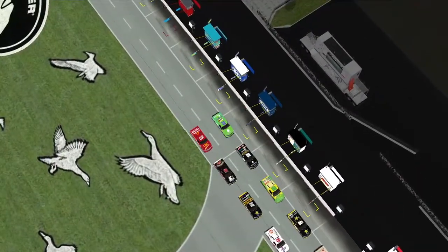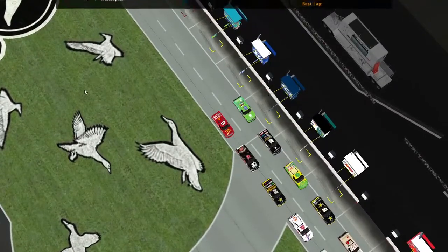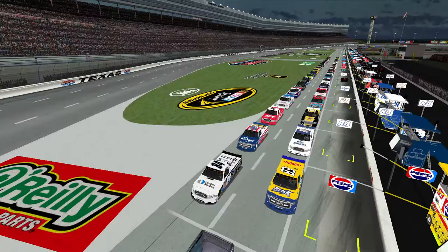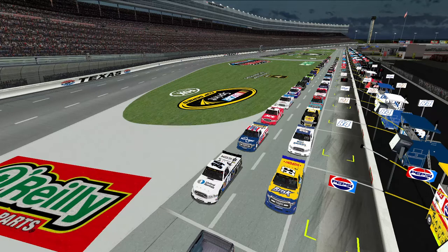But 2 drivers at the back of this one, Zachary DeLello and not Joseph Strigley in the 63. It's Diego Yepes in the 63. Yepes filling in for the injured Strigley after that incident at Pocono. Hopefully, Strigley will be back in the 63 in the coming weeks. Those 2 failed inspection. We're going to go ahead down trackside for the commands to fire the engines here at